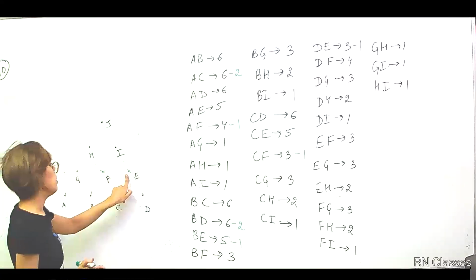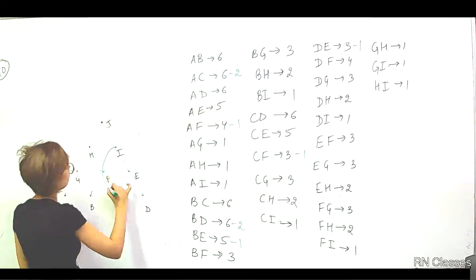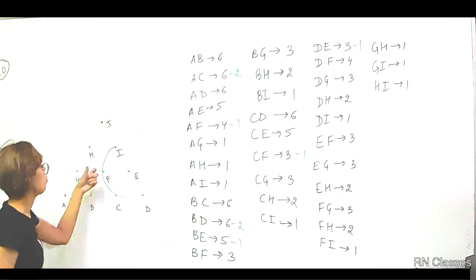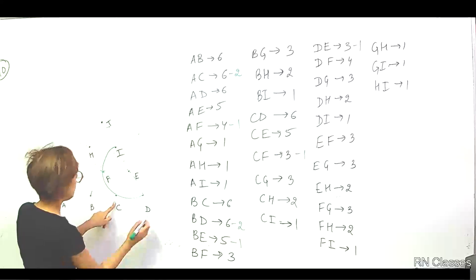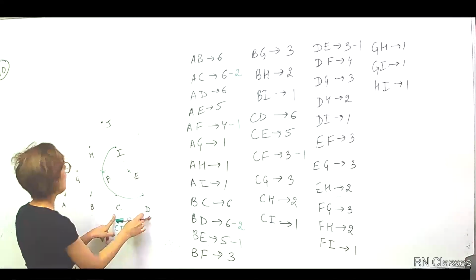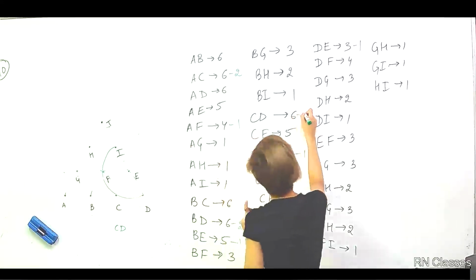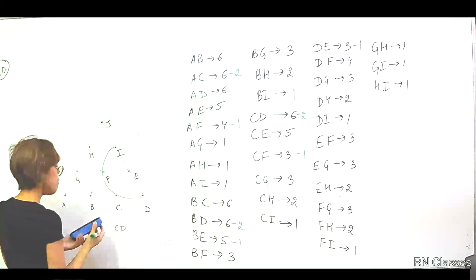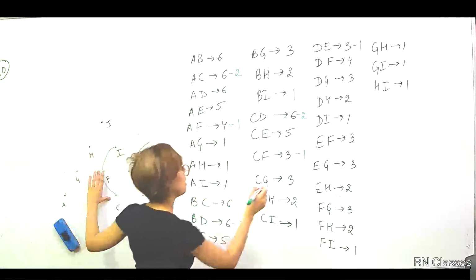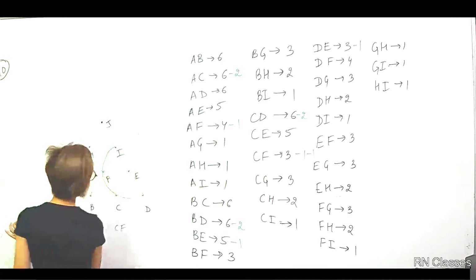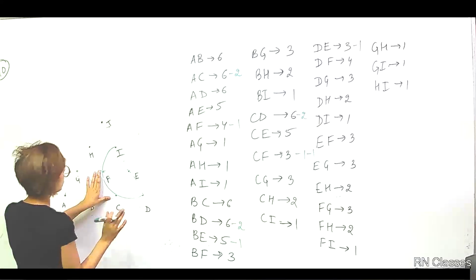E as the center. With E as the center, I can have a circle like this. Right? 1, 2, 3, 4. Again, I don't want it. So let's see. So CD. With CD, I must have counted the circle twice. 1, 2. So CD minus 2. Right? Then CF. CF, I must have counted this once. So minus 1. Right? Okay, so CF is done.